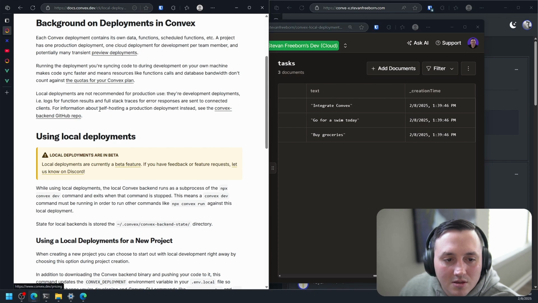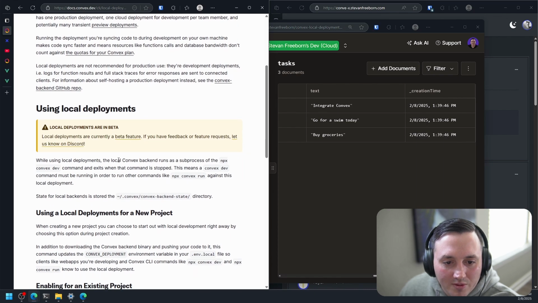Let's see. While using local deployments, the local Convex backend runs as a sub-process of the npx convex dev command and exits when that command stops. This means a convex dev command must be running in order to run other commands like npx convex run against this local deployment. State for local backends is stored in convex state.